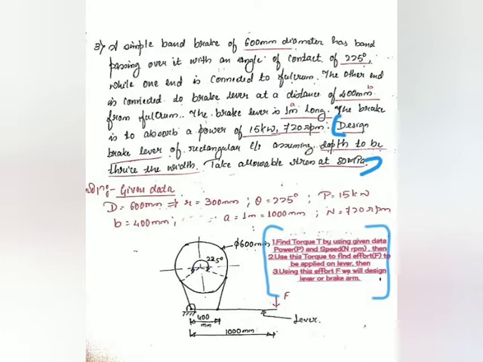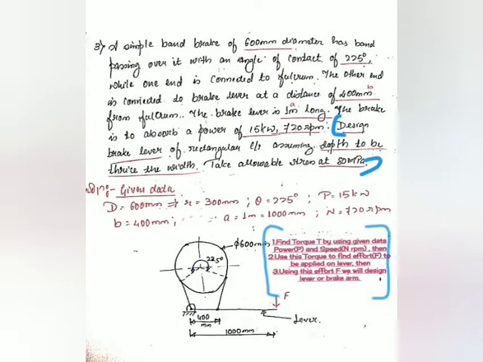In this question, the figure is not given, so students need to draw the diagram by reading the given data. So how to draw the basic simple band brake diagram? That we discussed in the theory part. First we'll try to draw the diagram and we'll see whether the given data is satisfied with our drawn diagram or not. So the simple band brake diagram we'll draw first.